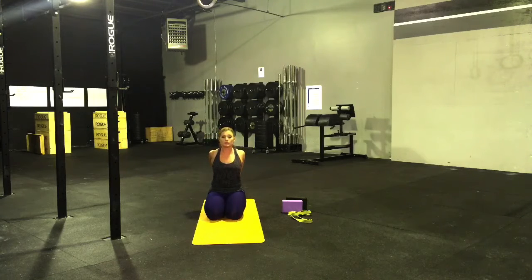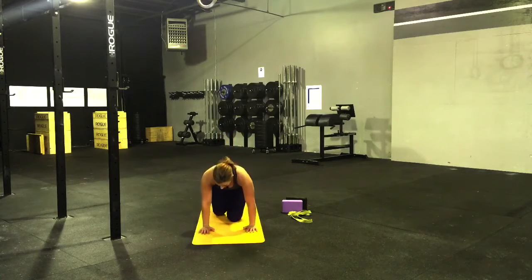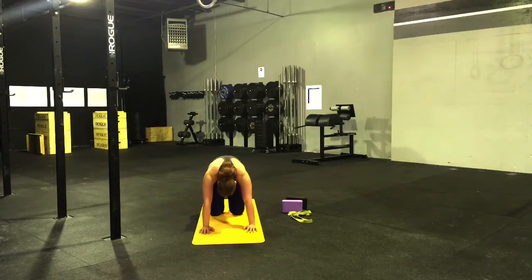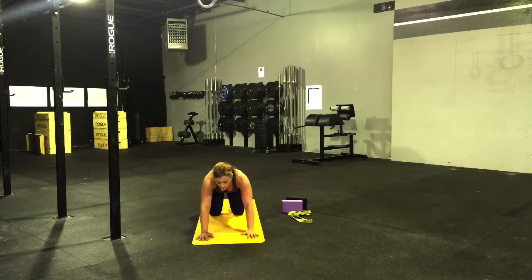Inhale and exhale. One more inhale and exhale, release. Come back to hands and knees. Cat-cow stretch again here. Inhale, curl up to cat. Exhale, front-facing cow. Walk your hands out a little farther, and we're going to curl your toes under and press